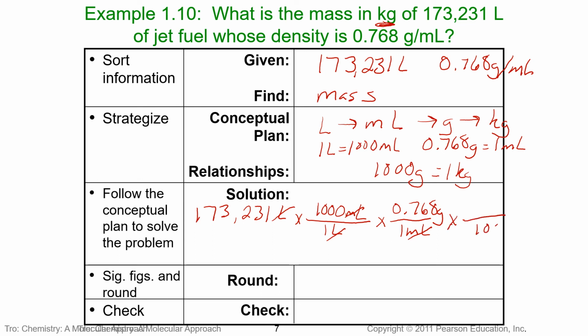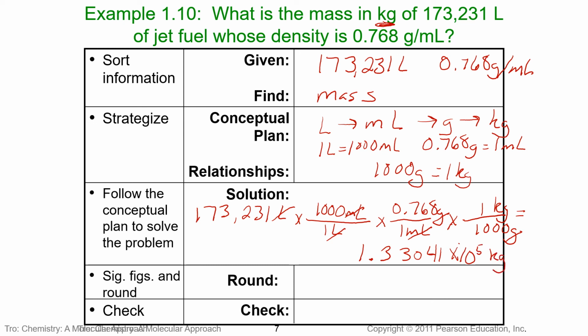And then we know there's 1,000 grams in 1 kilogram. So when we do our math, we multiply by the numbers on top, and we divide by 1,000 because there's 1,000 grams on the bottom. This results in a mass of 1.33041 times 10 to the 5th